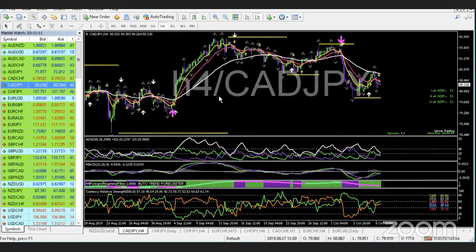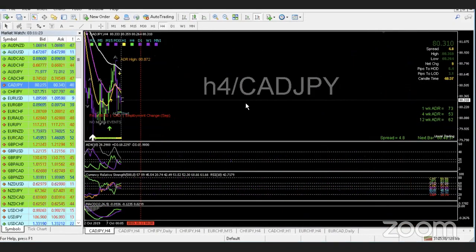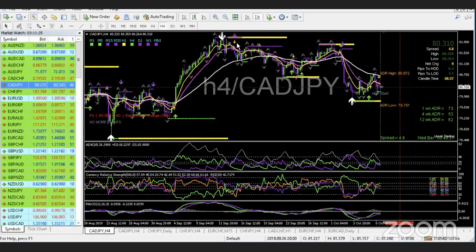CAD JPY. So going back to our triple arrows, all the JPY pairs made some pretty big moves on Monday. So that was awesome. It made just a beautiful upward move. Now we've got a pullback. We've got triple arrows, but we did end up staying below the